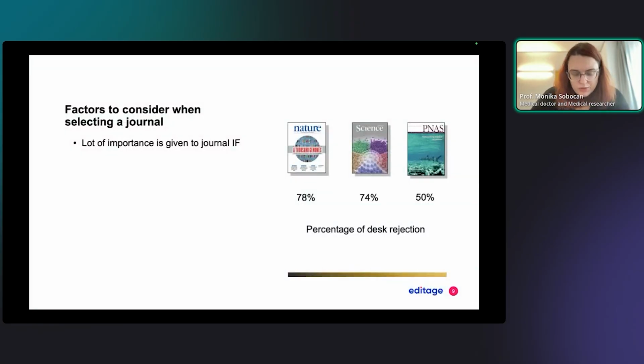In most of the academic institutions that I've worked in and that I have collaborated with, lots of importance is still given to the impact factor. And if you want to go ahead in the academic career, you will probably need to consider that also when selecting your journal. And think about it this way: if your academic institution has a high impact factor policy, a lot of others have.